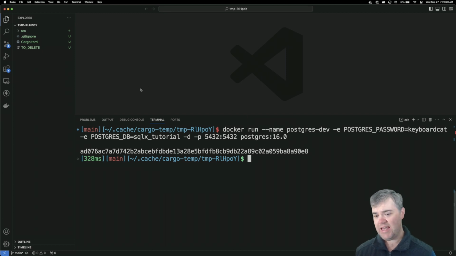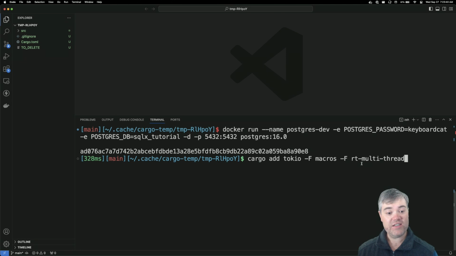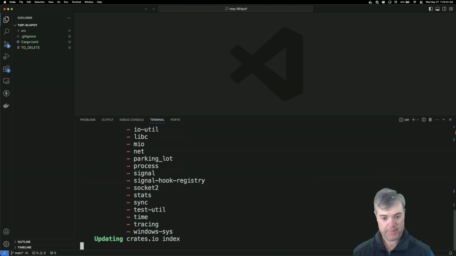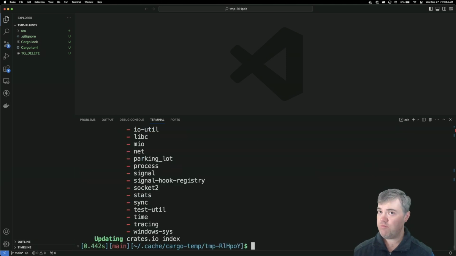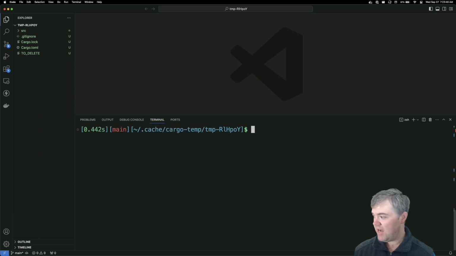So let's go ahead and install our prerequisites for running SQLx. We're going to need Tokio because it's an asynchronous runtime. So we'll do a cargo add tokio. And then we'll bring in the feature macros and the feature rt-multi-thread. Okay. We don't really need anything else with that. And then we also need